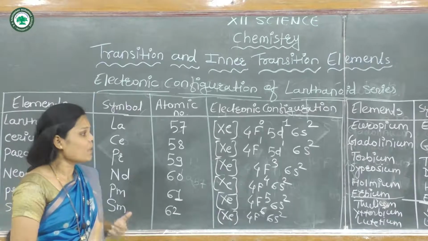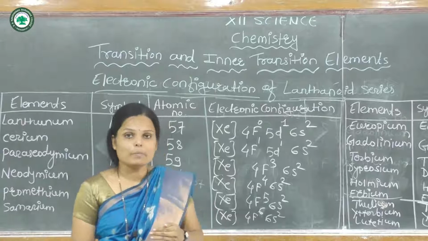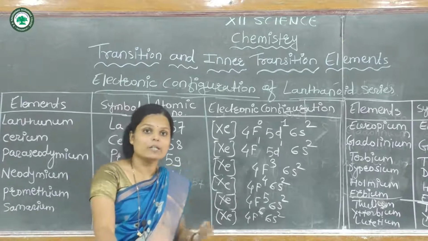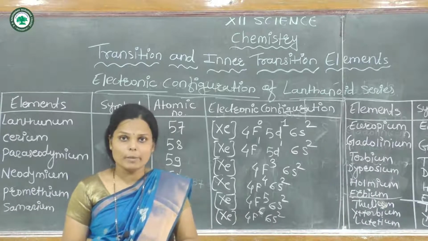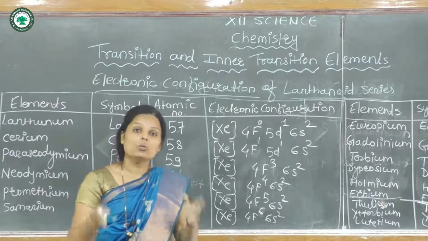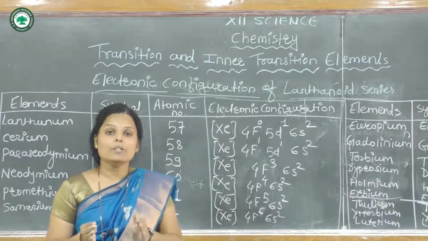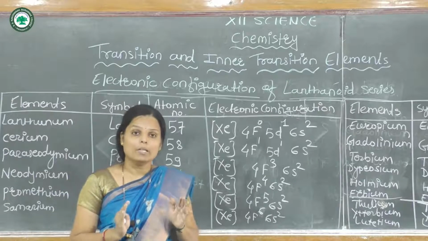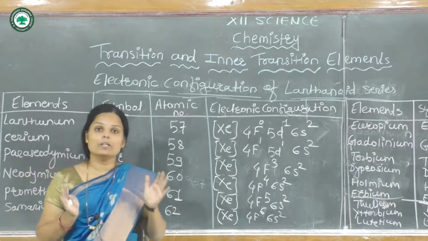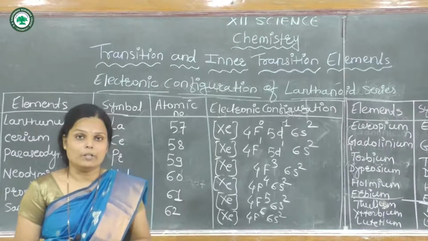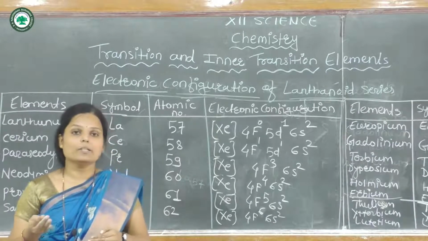Now what have we studied today? The first is the f block elements. What is meant by f block elements? Then we also studied what is meant by inner transition elements and why they are called inner transition elements. Then we also studied the two types of f block elements, lanthanides and actinides, in which the lanthanide series we completely discussed in this lecture, and the electronic configuration was also discussed. The next topic, the actinide series, we will discuss in the next lecture.